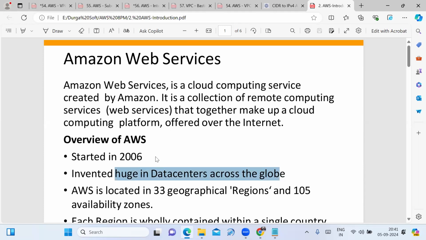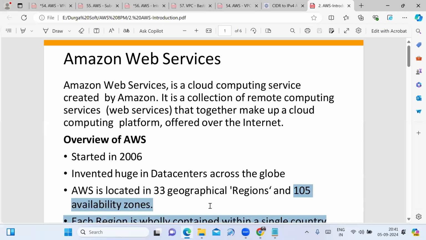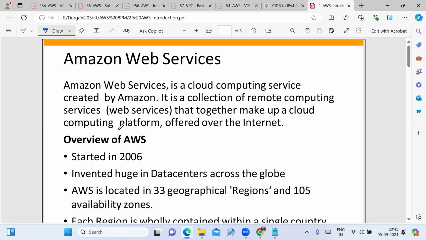Right now, not 33 but 34 geographical regions are there, and 108 availability zones are there. Right now, they are updating AWS.